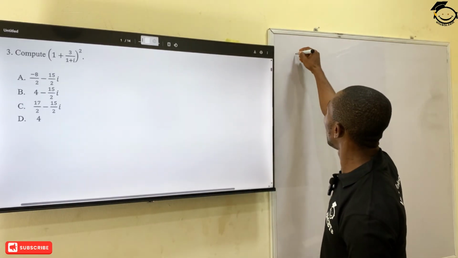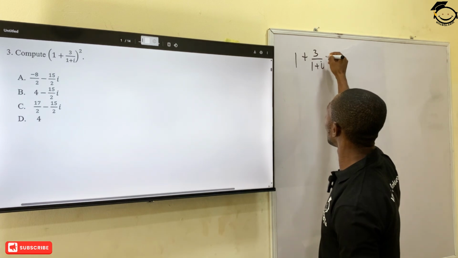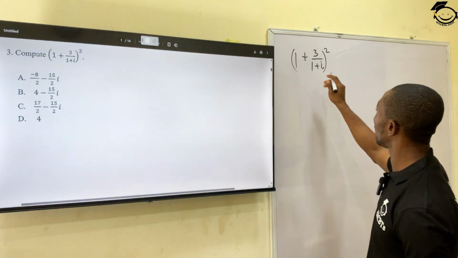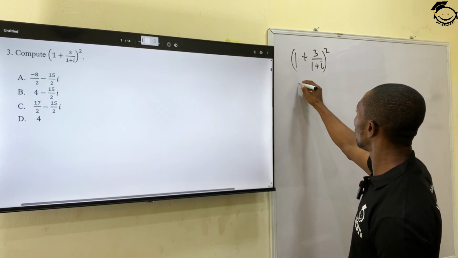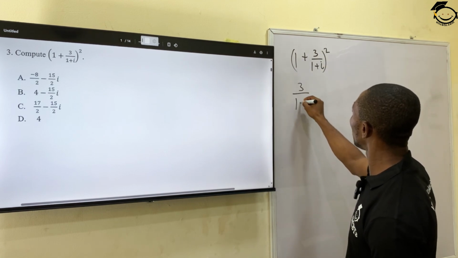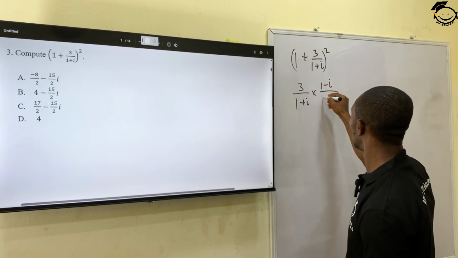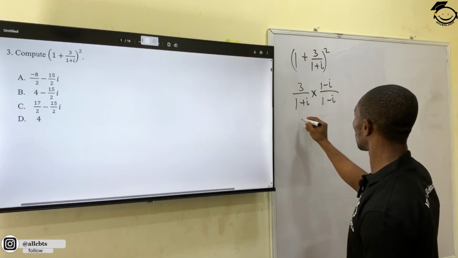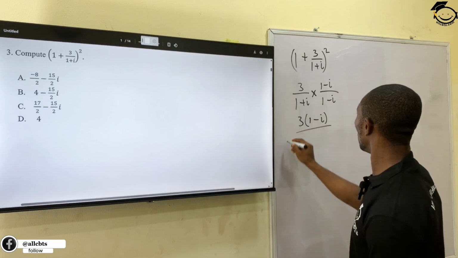Compute 1 plus 3 over 1 plus i, all squared. Now in doing this, first off, we'll multiply this fraction with the conjugate of our denominator. So in doing this, let's work out this first. This will be 3 over 1 plus i times 1 minus i, which is the conjugate of this, and 1 minus i. Okay, so if we solve this out, this leaves us with 3 brackets 1 minus i all over